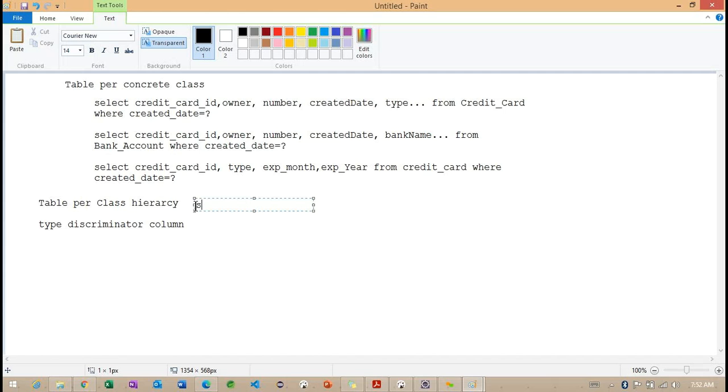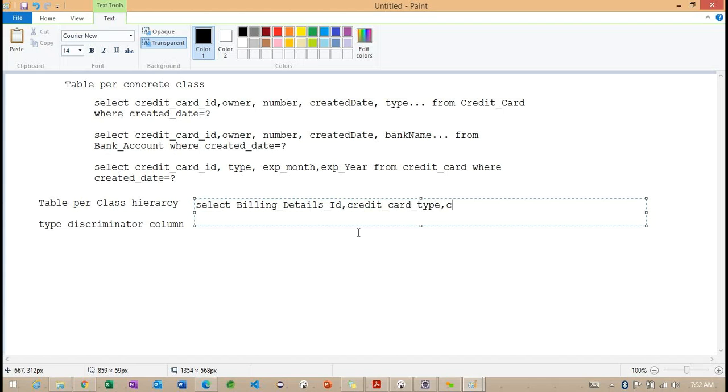I want to provide the query, something like: select billing details ID, and we can work with different properties: credit card type, expire month, and expire year.